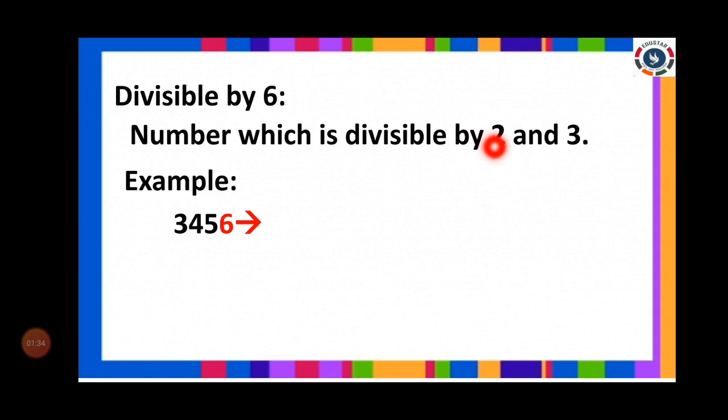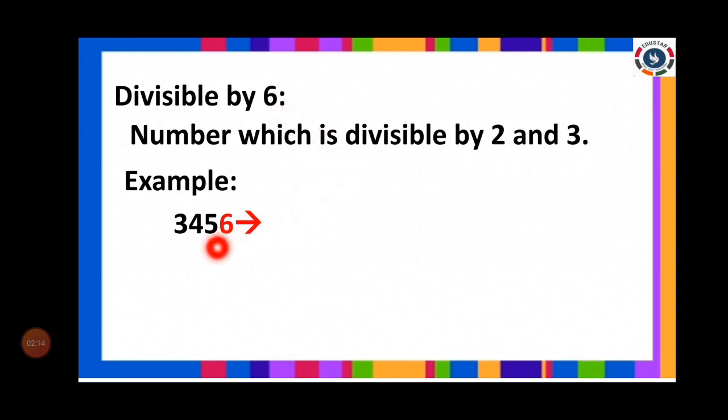If a number is divisible by 2 as well as 3, then that number must be divisible by 6. Suppose only 2 is possible, the given number is divisible by 2 but not 3, then that number is not divisible by 6. Suppose the given number is divisible by 3 but not by 2, then surely I am telling you that number should not be divisible by 6. Okay, so if both are possible, then 6 is possible.